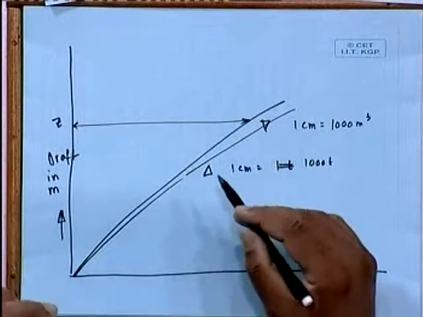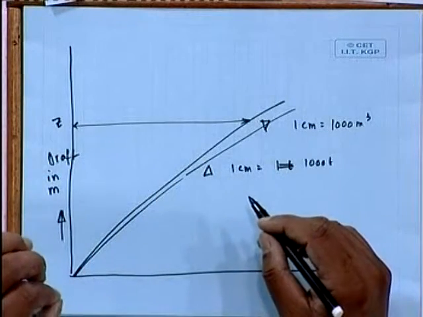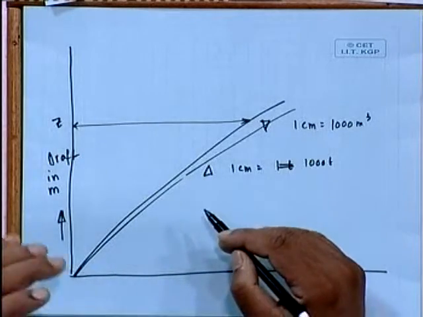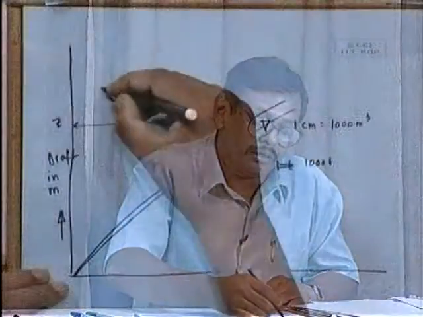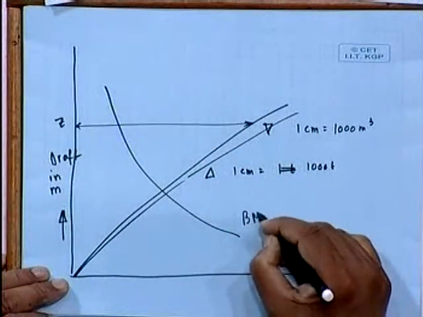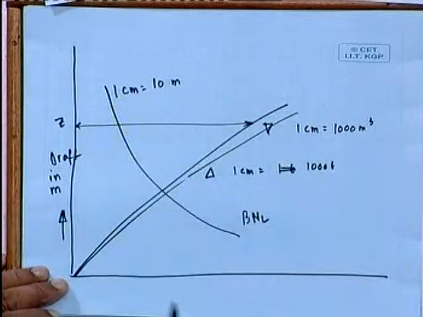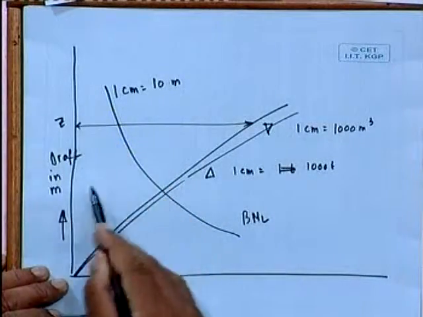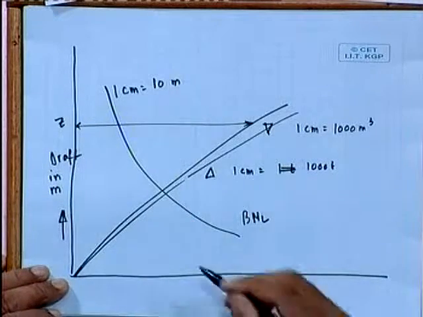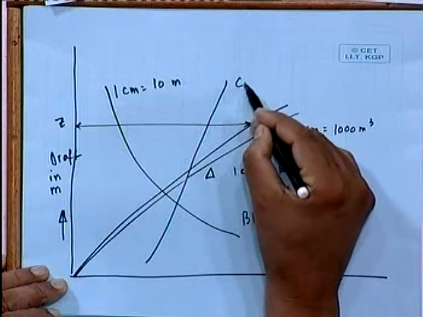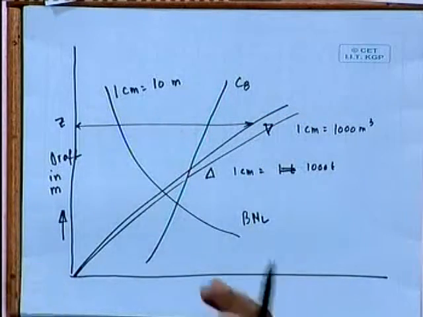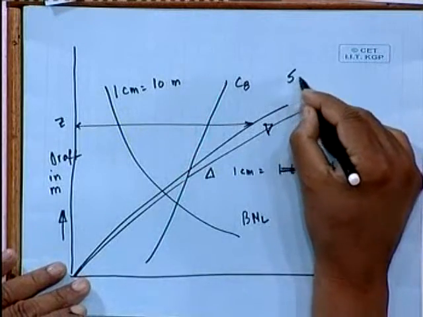In other words, each quantity, it's a very complicated curve in the sense that I am representing some 10 or 15 or 20 curves, but each are different. Some is meter cube, some is no dimension, some is meter, meter 4, something like that. See BML. So suppose I have got say BML, I will write here 1 centimeter equal to say 10 meter, because I have put them in that particular scale. CB, no scale because it is having no unit. Like that, each quantity, the scales